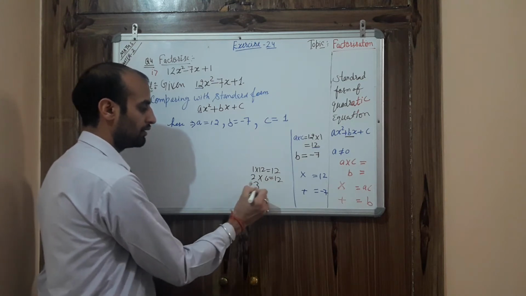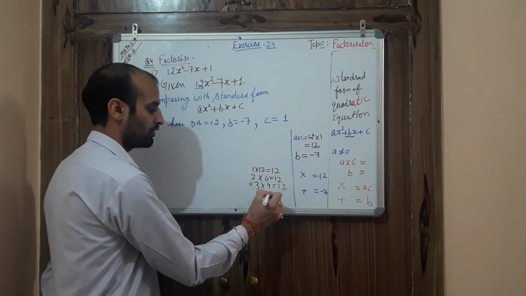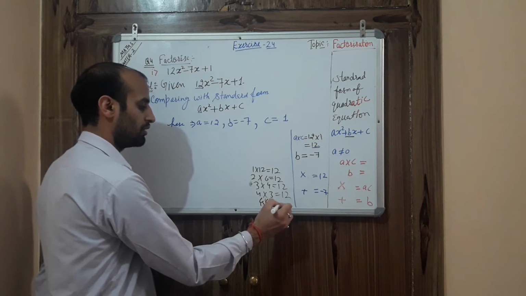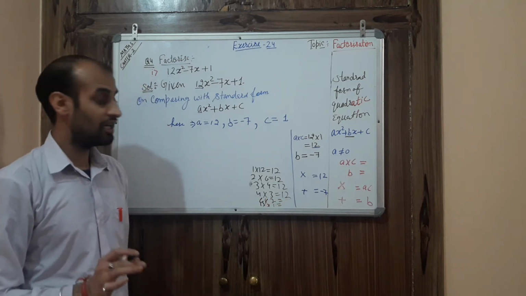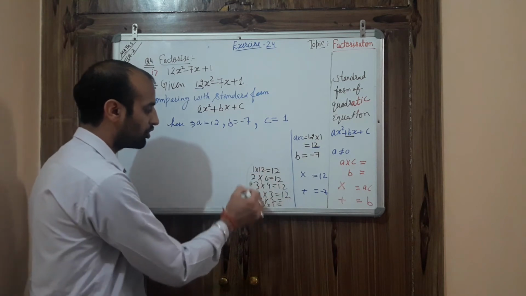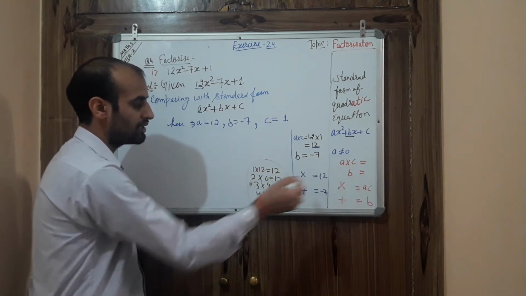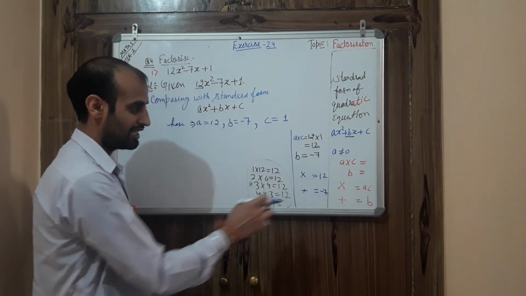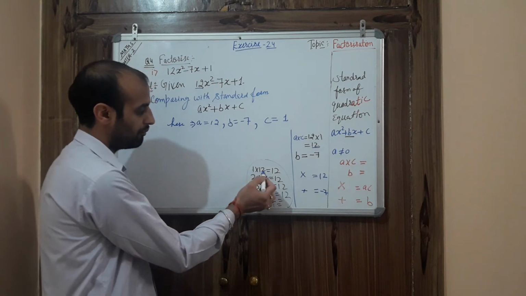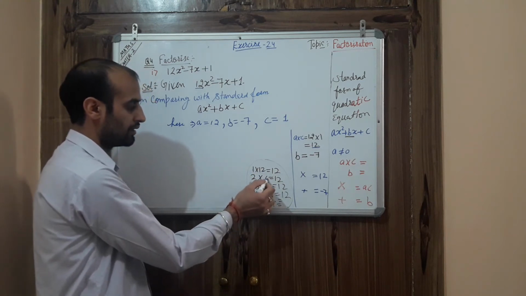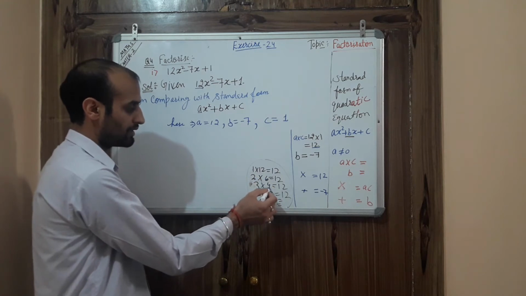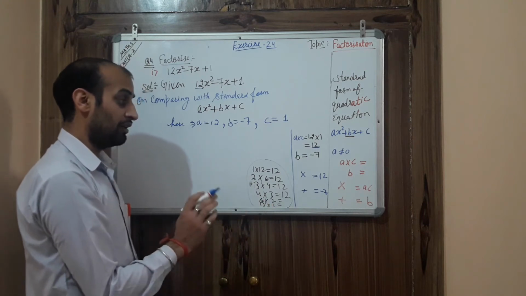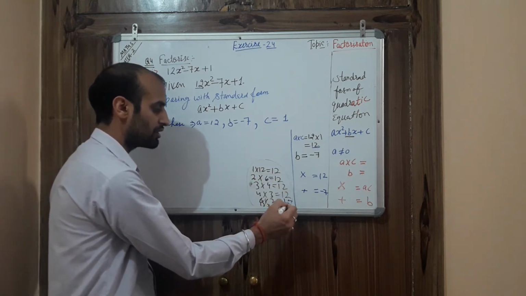Then with the table of 3: 3 4 ja 12, 4 3 ja 12. And then 6 2 ja 12 and 12 1 ja 12. These are all the possibilities. Now our task is to find out which of these is suitable for this particular answer. We need minus 7 as well as 12. If I am adding 12 plus 1, it becomes 13. 6 plus 2, 8. 4 plus 3, 7. 3 plus 4, 7. And 6 plus 2, 8. 12 plus 1, 13.